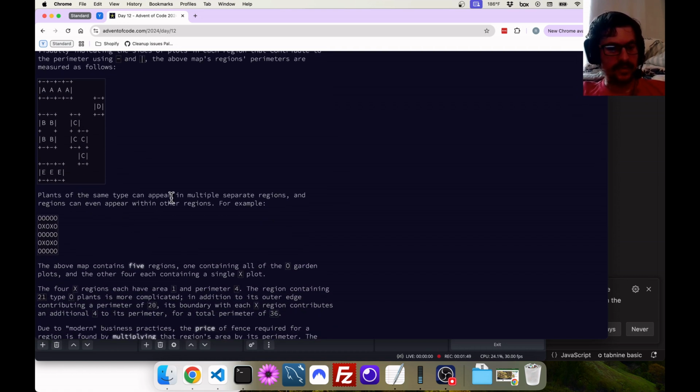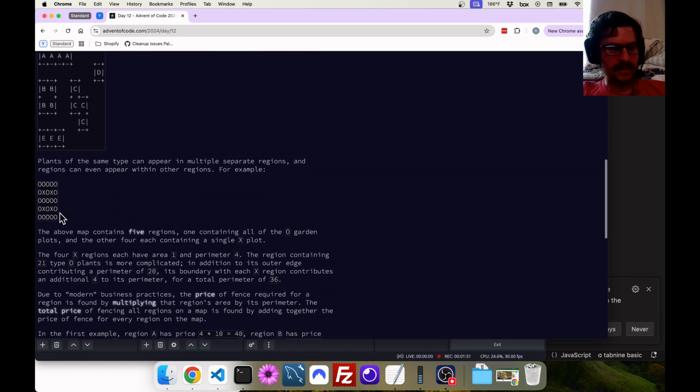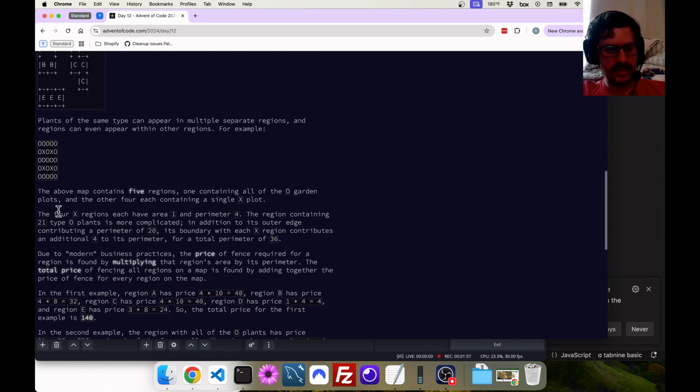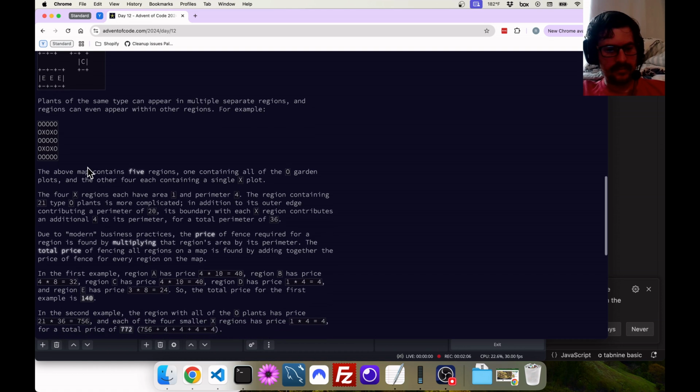Plants of the same type can appear in multiple separate regions, and regions can even appear inside other regions. For example, there are 5 regions, and 1 contains all the O gardens. So this is kind of interesting in that case. All of these O plants are part of the same region, and then there's this X. Now,